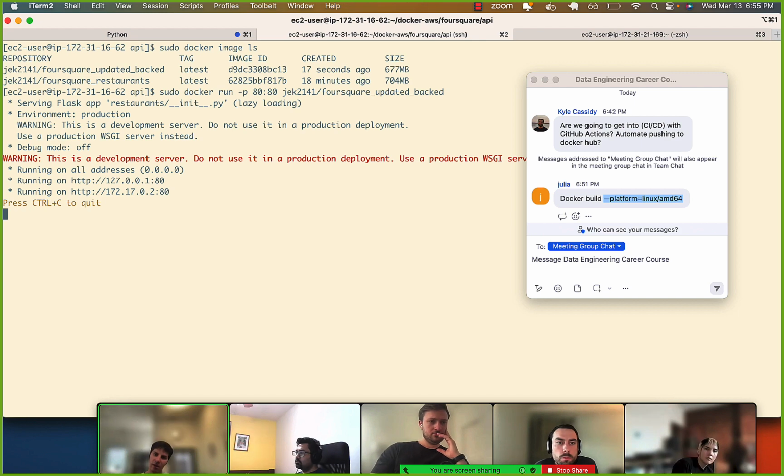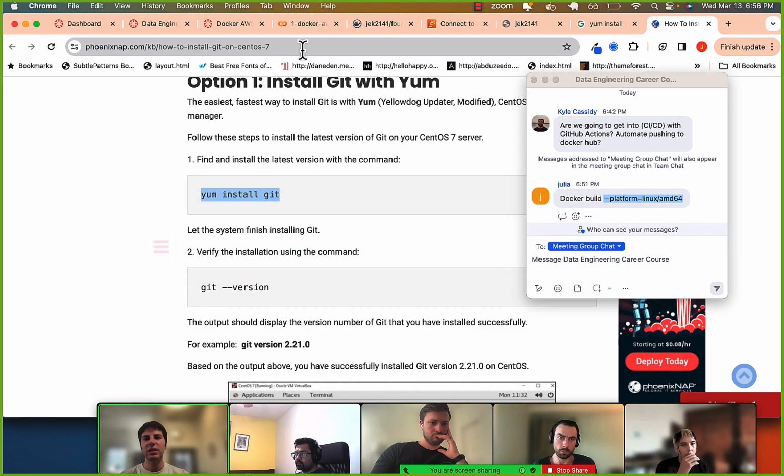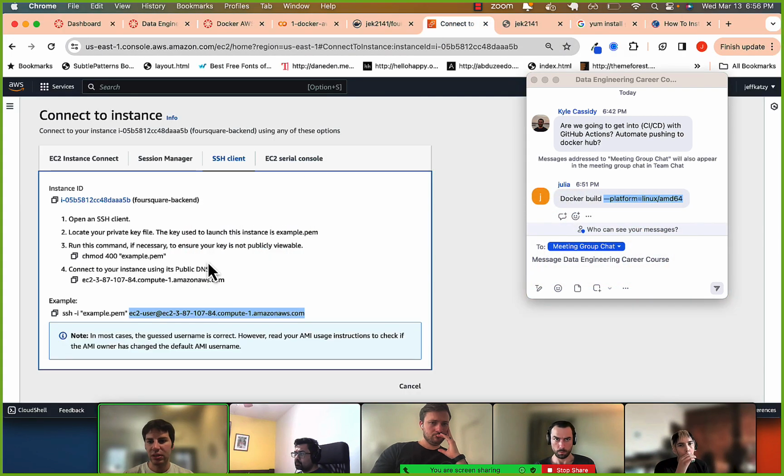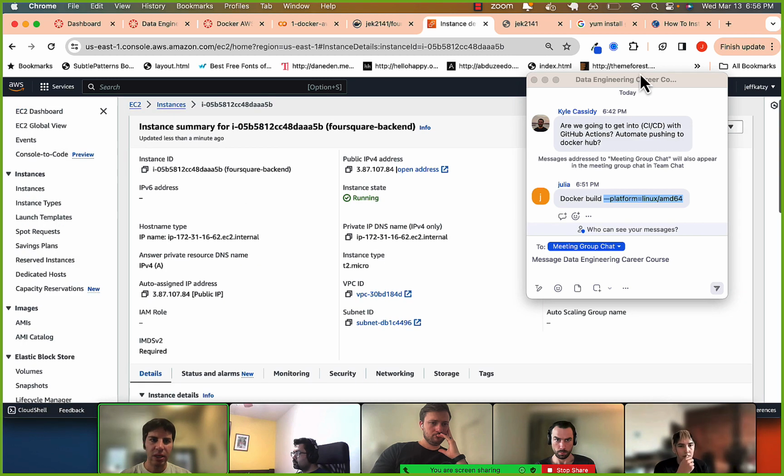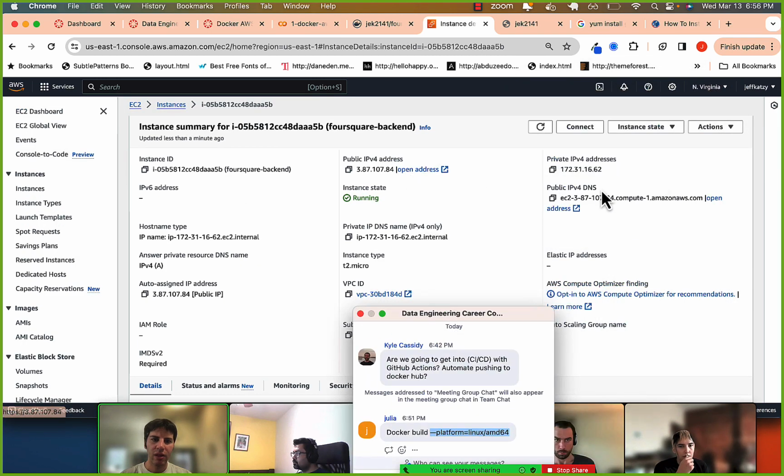Okay, that seems pretty good. Now let's go. So one thing, notice it says running on all addresses, has the 4 zeros. That's good, right? Because it means it's allowing outside machines to go there. And then we should go back to my instance and go to the DNS. So this is the domain name that it gives us. And basically what we want is just to do